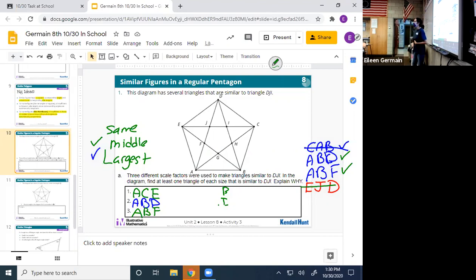Good, who had more? Avery said FEA. FEA, let's look at FEA. So F, E, and A. Avery, once again, my friend, we're not the same angle measures here. These angles are much smaller than these corresponding angles over here. Okay? If you think of another one, let us know, okay?